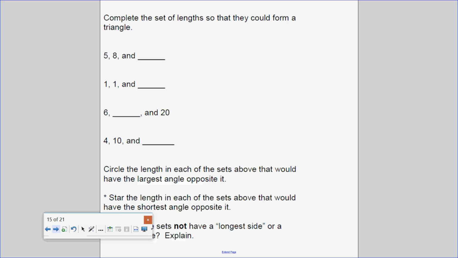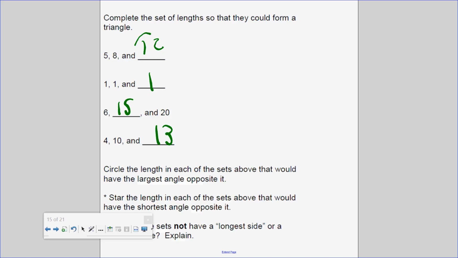So 5 and 8 are the two smaller sides. 5 and 8 is 13. It has to be greater than the third side. So I'll choose 12. 1 and 1 is 2. Greater than 1. 6 and 15 is 21. Greater than 20. 4 and 10 is 14. Greater than 13. Put a circle on the length in each of the sets above that would have the largest angle